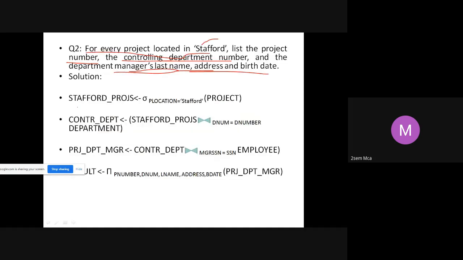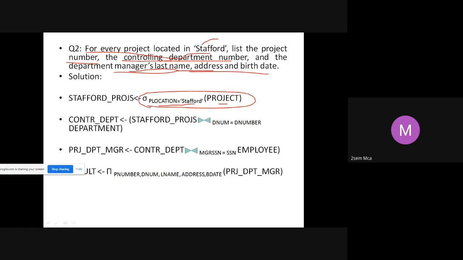So first what I should do, find out all the projects which are at the location Stafford. So I will apply a select operation. Select where P location is equal to Stafford, apply that on project. In SQL, if I have to write it, it is select star from project where P location is equal to Stafford.